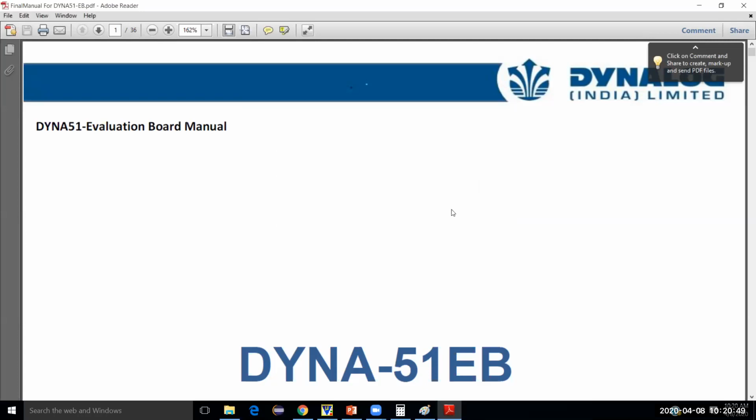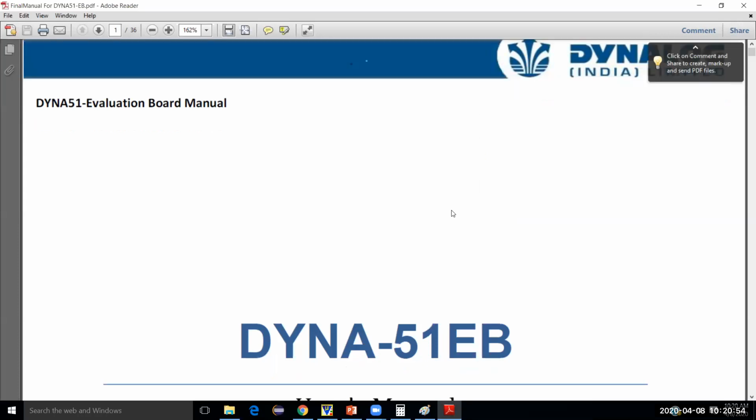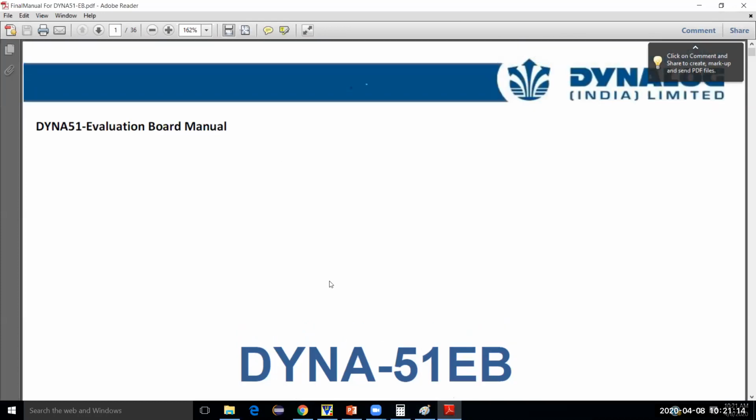See, a number of manufacturers are there for the 8051. What we purchase in our college depends on that. The manufacturer we have to select for our program, and only that kit we are using for our execution or for our interfacing of LCD, stepper motor, or the serial port. Here is the lab manual provided by Dynalog. Dynalog is just a company which provides us the kit, so we are using the Dynalog kit.